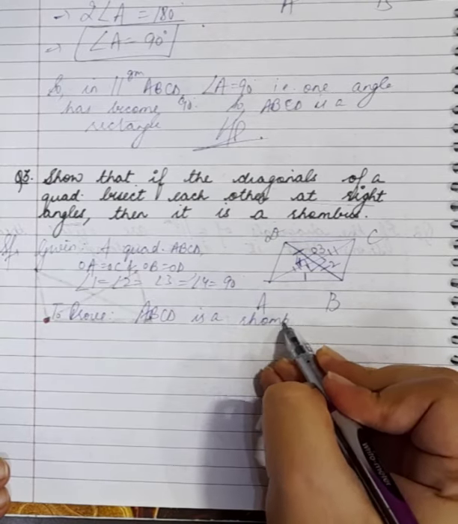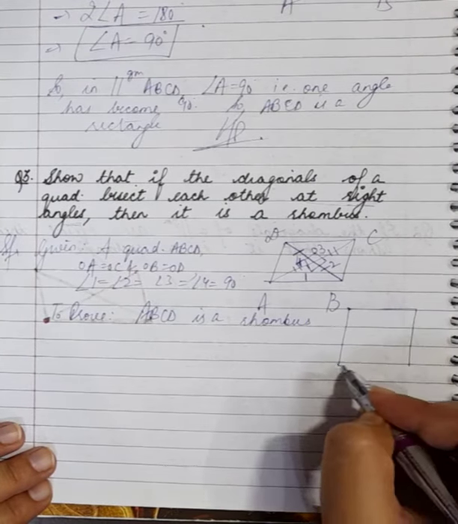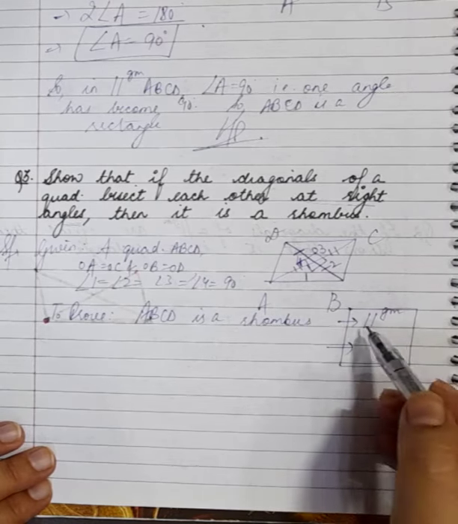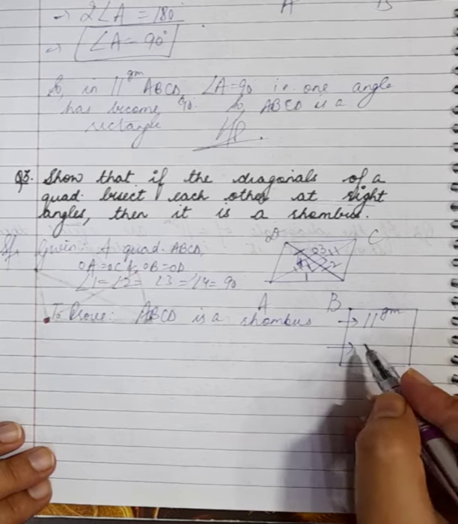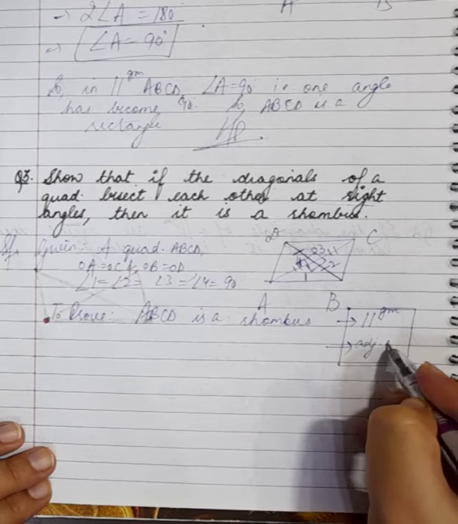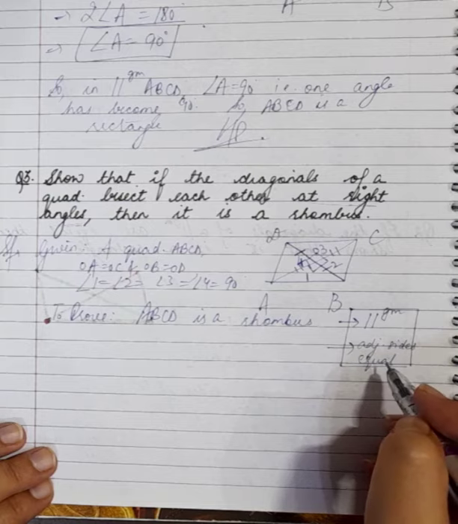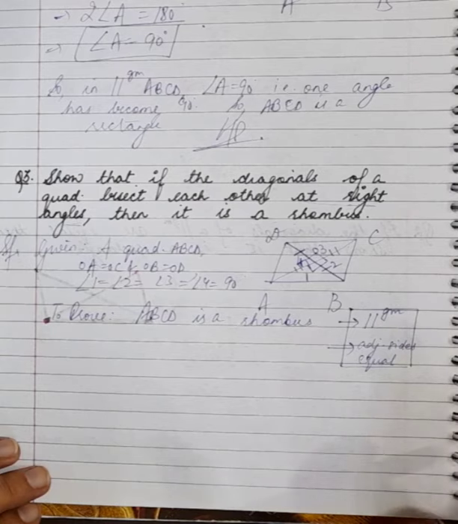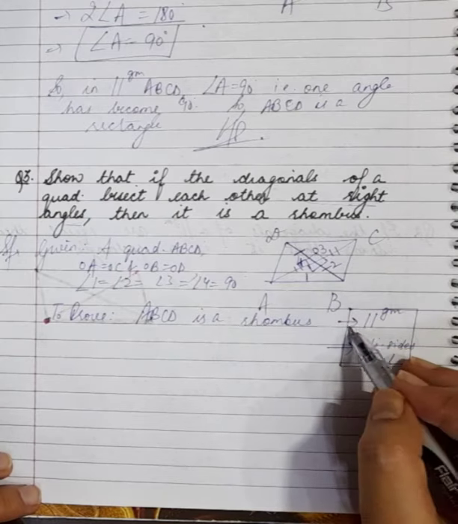rhombus. Now we know what are the criteria for a figure to become a rhombus. There are just two criteria, as I have explained in my videos before. First is prove that figure as a parallelogram, prove that quadrilateral as a parallelogram. This is the first step. And the second step is prove any pair of adjacent sides as equal. That means once it is a parallelogram, if I prove any pair of adjacent sides equal in that parallelogram, automatically it becomes a rhombus.